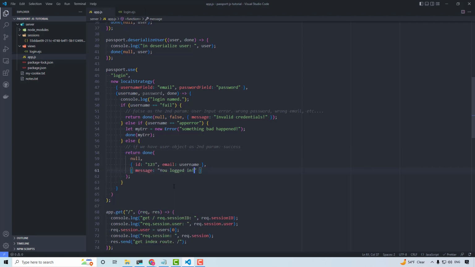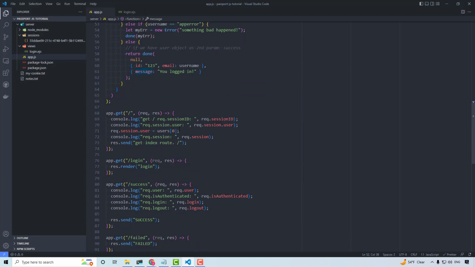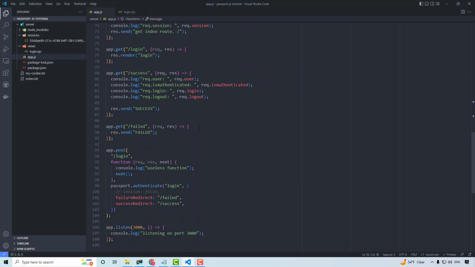And so I'm gonna be honest, I haven't figured out how to reliably get this to work, and it's been a big problem. I mean, you can just use custom callbacks, which we'll get to soon, but let's go ahead and just kind of work through this. So we have this third parameter here. Let's go to the failed route,